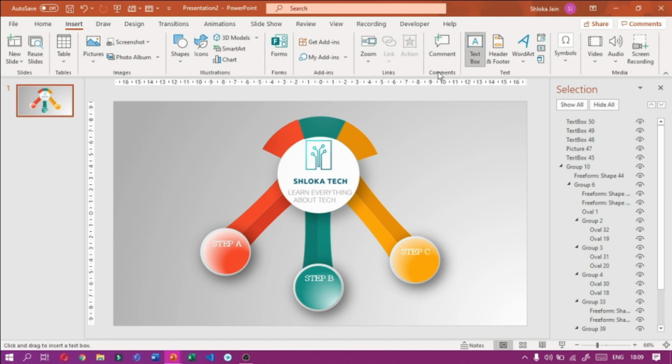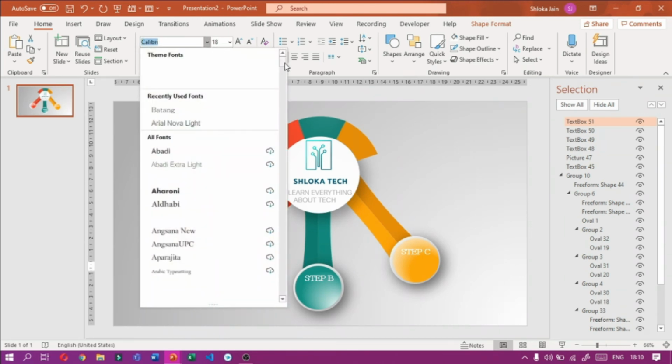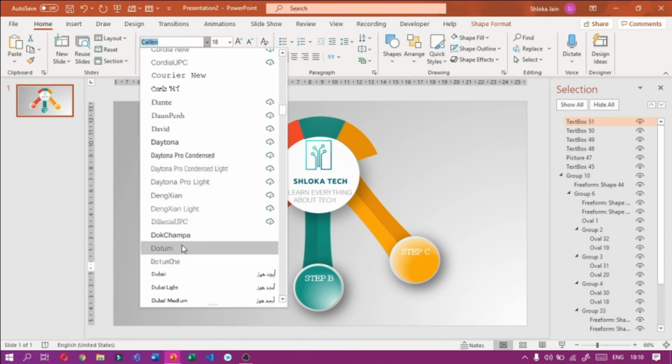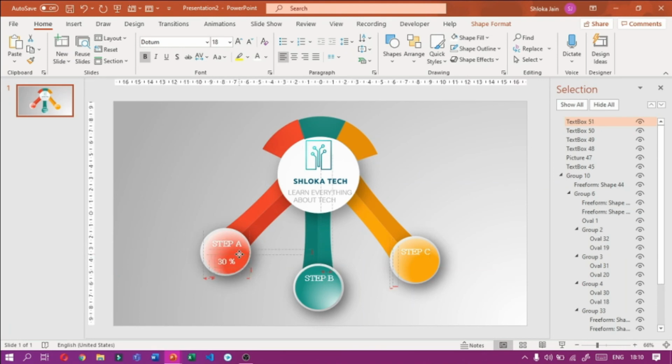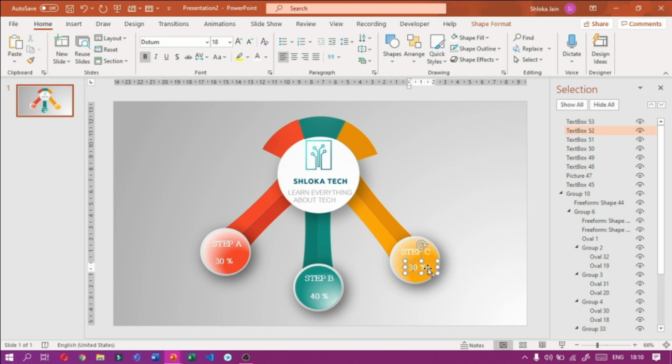Now the last thing, we have to insert a text box, and here I am typing 30%, selecting it, changing the font to white, bolding it, then selecting Dotem, making 2 duplicates, again putting them on each circle. Now let me change it to 40% and this to 50%.